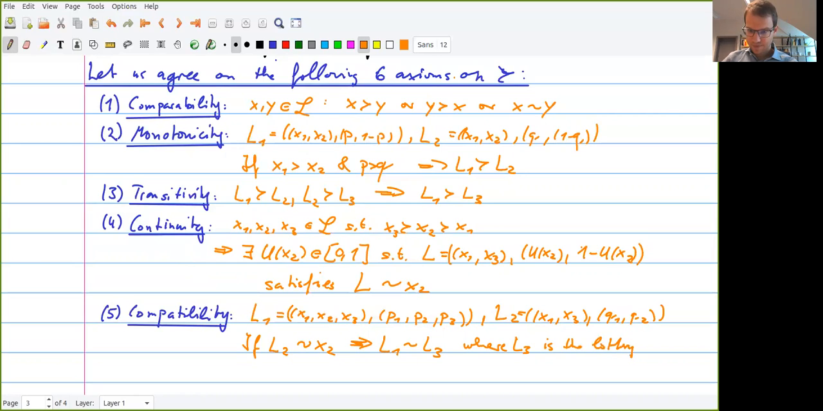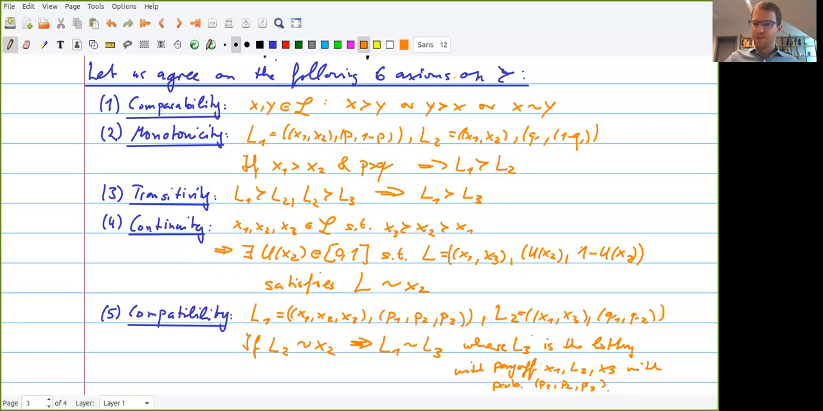Lottery with payoff x1, x2, L2, x3 with probability P1, P2, P3. So what this tells you is, well,